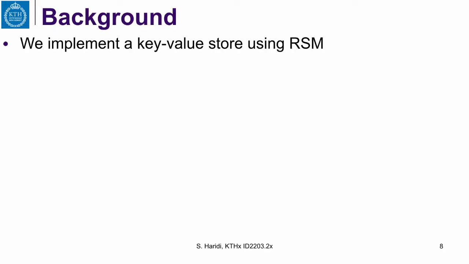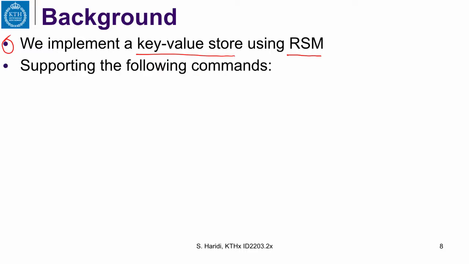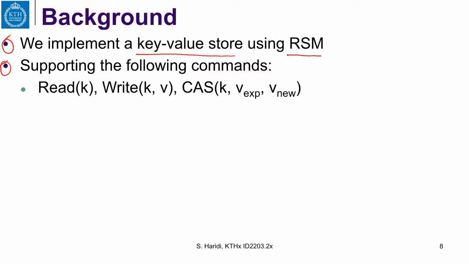Let us assume that we are implementing a key value store using replicated state machines. This means that you take the key value store and you divide the key space, and for disjoint key spaces, you implement each disjoint key space by a replicated state machine. This replicated state machine supports the following commands. What are the commands? It supports read the value given a key, write a value for that key, and perform